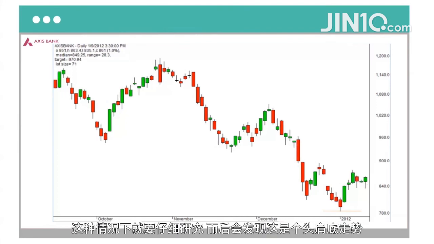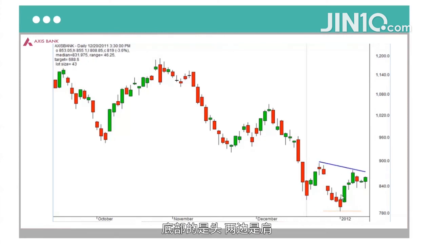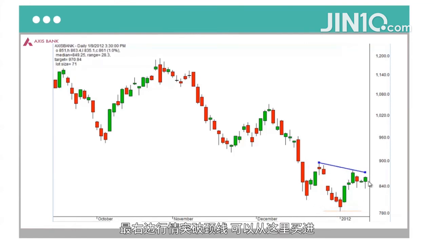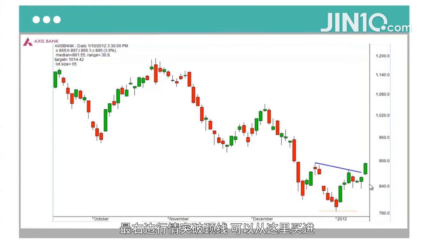This is your clue to actually look at the pattern closely. This is an inverted head and shoulders. You can see a head right here. You have shoulders here and here. This is, of course, your neckline. And this breakout, the close above the neckline, let me change that to blue, is going to be your point